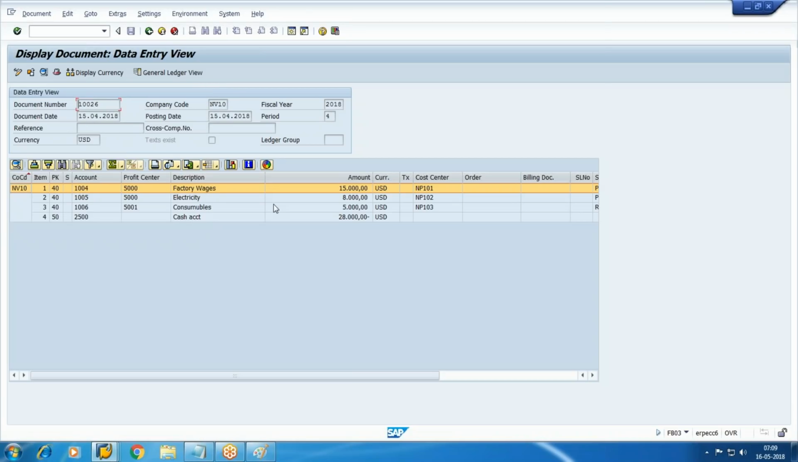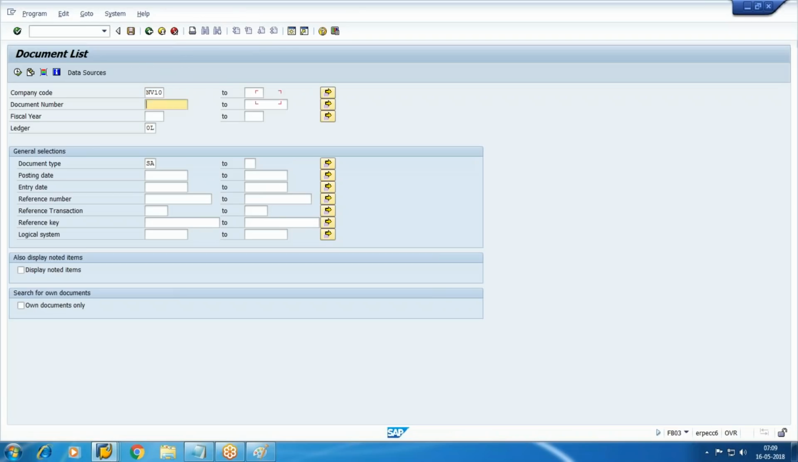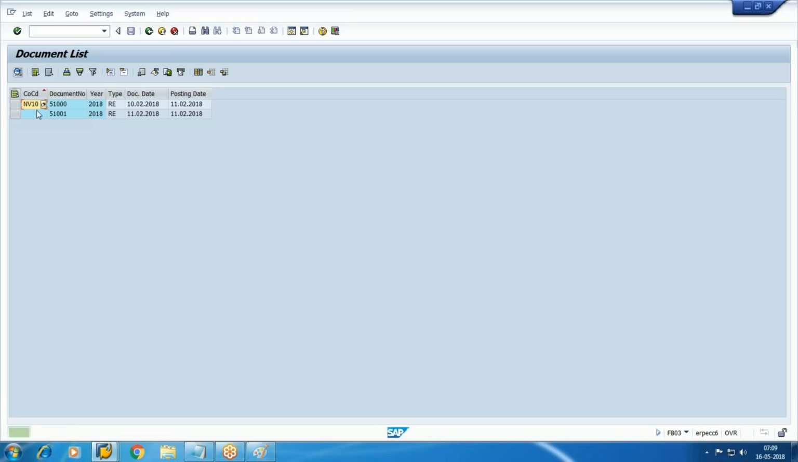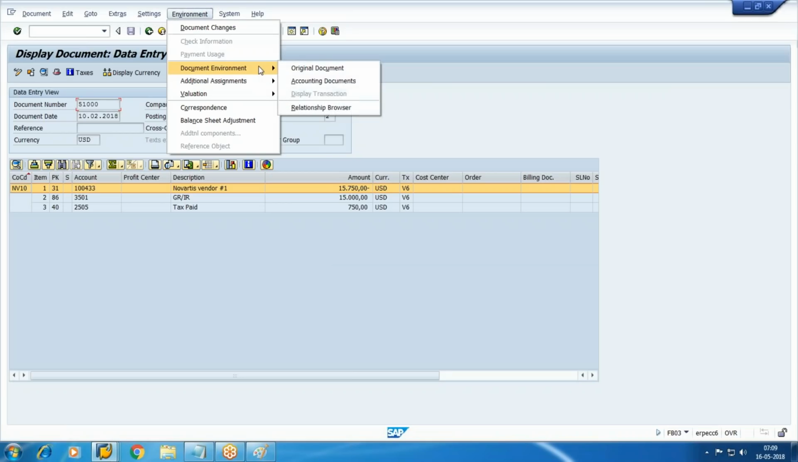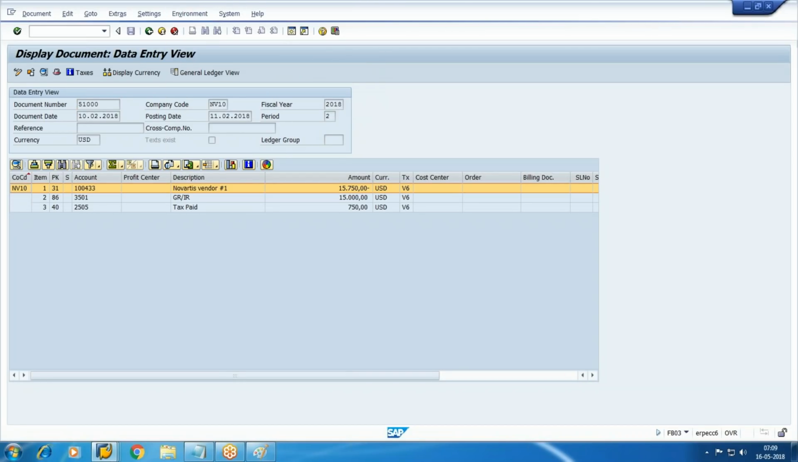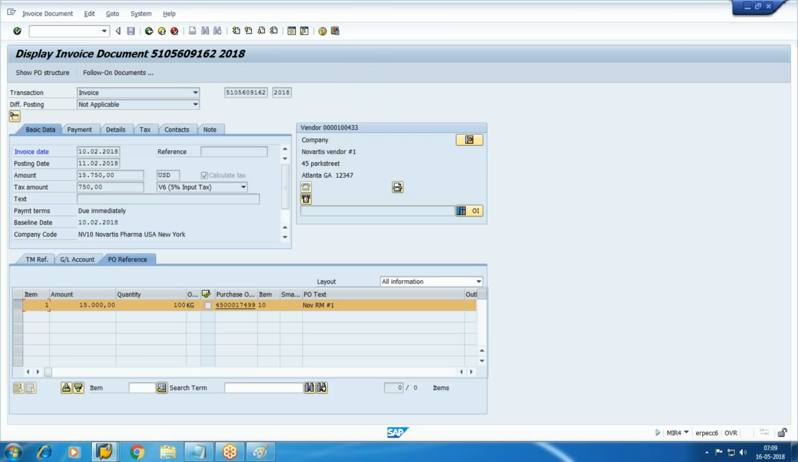But if we see some other category, this is one accounting document, but this document no one posted in the system. So here you will find it from other sources. If you see the original document, this is not the original document. The original document was posted in the system. This is the original document, or vendor invoice, posted in the system, and with reference to this document